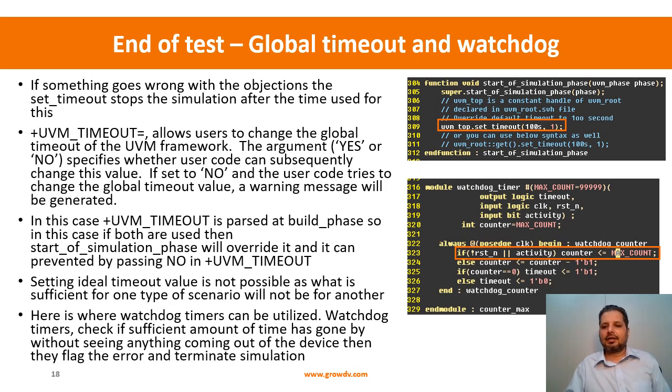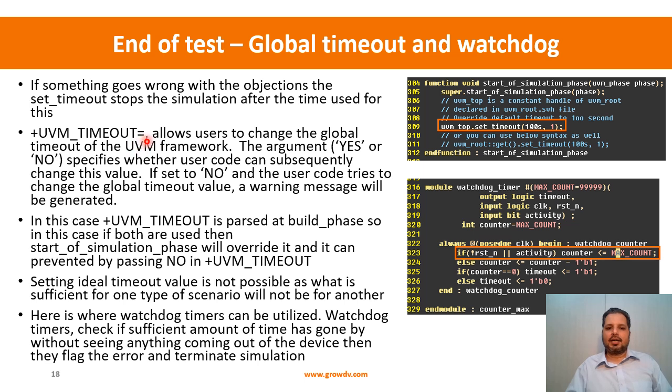Let's say some response doesn't show up from the DUT. To avoid the test waiting forever, UVM provides a mechanism called global timeout, and this global timeout is set to 9,200 seconds by default. So if something goes wrong and the objection never drops, then after the UVM timeout value, the simulation is automatically terminated by UVM, and this value can be changed using the plus UVM timeout equal to